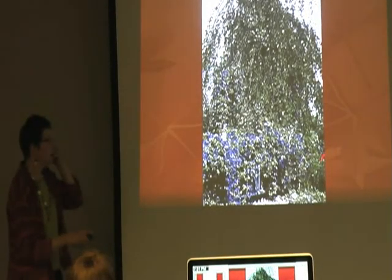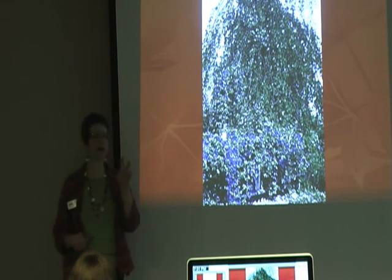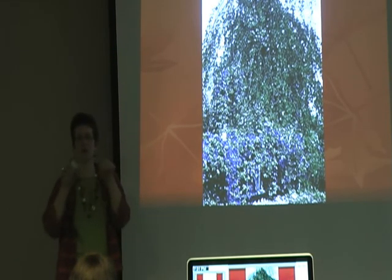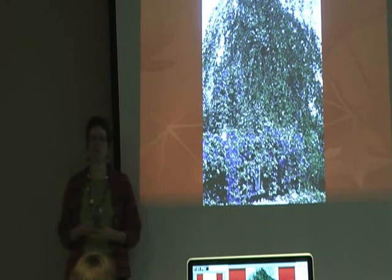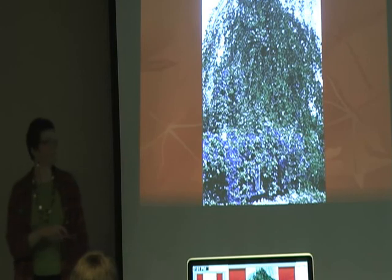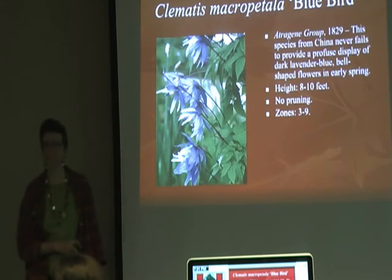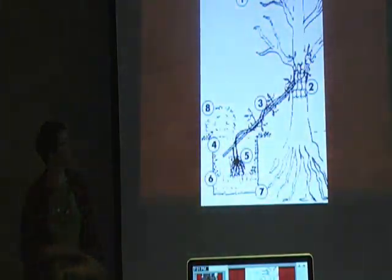This is Pearl d'Azur clematis, which is one of the most popular clematis. It has a reflex petal, so if you look at the flower head on, it almost looks like it's a square. It's a real true blue with a yellow center, and it's here with the weeping birch, which is fine. On that other slide with the tree, that number